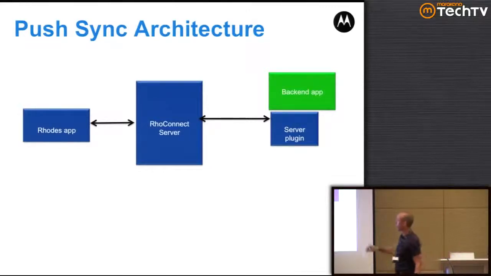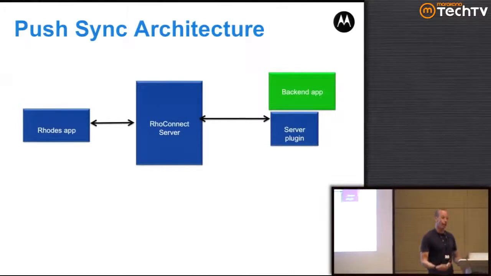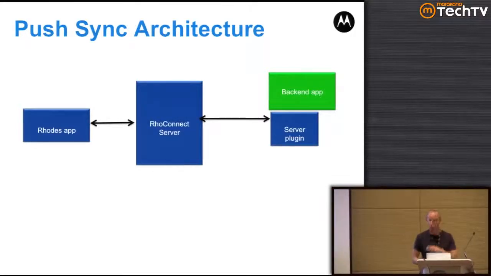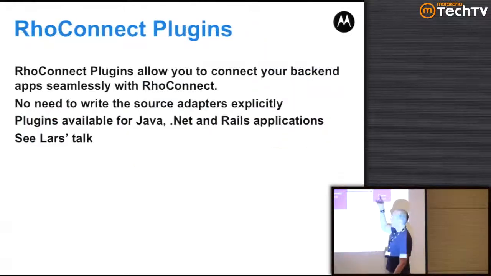So this is where server plugins come in. Server plugins not only do the thing where you don't have to write the source adapter, but they're also expecting to do callbacks when there's new data: creates, updates, and deletes. So if you don't have a callback mechanism, some way of your back-end app sending stuff back, this is providing